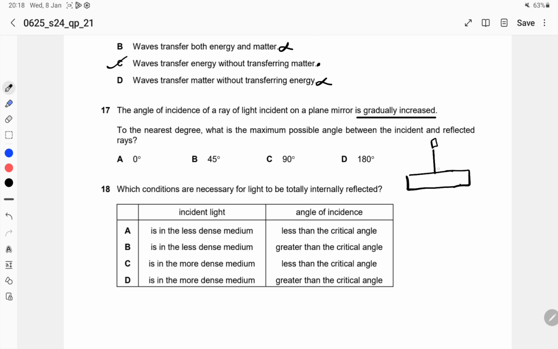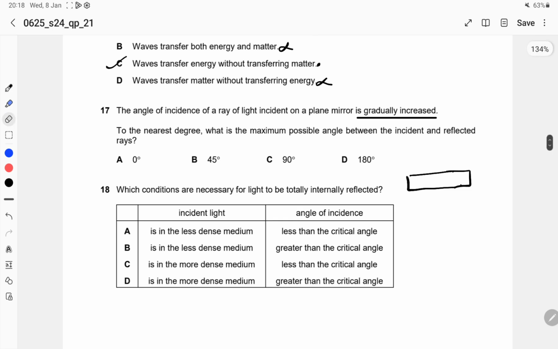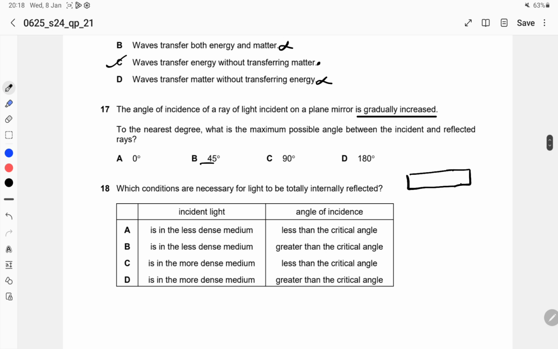Over here, your angle of incidence is 0 degrees. Now, if I keep increasing this, I can go beyond this. Let's look at the next angle, 45 degrees. 45 degrees is somewhere over here. I still have a lot of room, correct? So I can increase this. I know my angle of incidence and my angle of reflection is the same. So if I go to 89 degrees, my reflection also is 89 degrees. Are you understanding this? Which means the maximum possible angle could be 89 plus 89 and more than that. So 180. I cannot go beyond this.